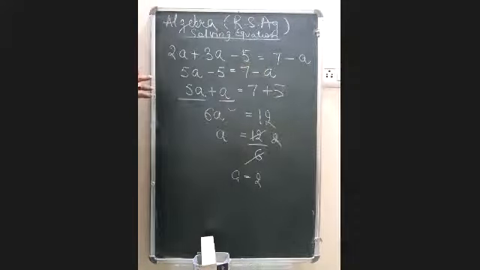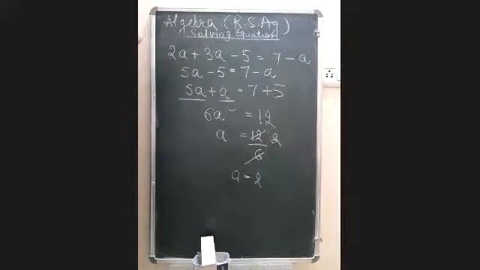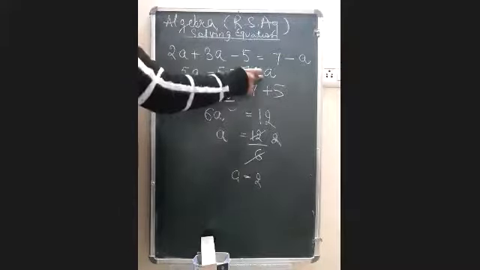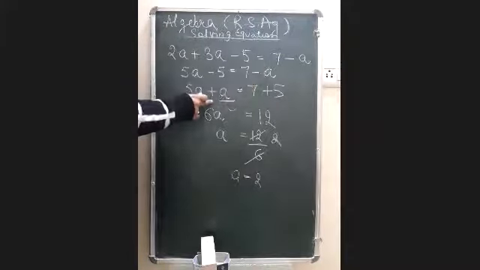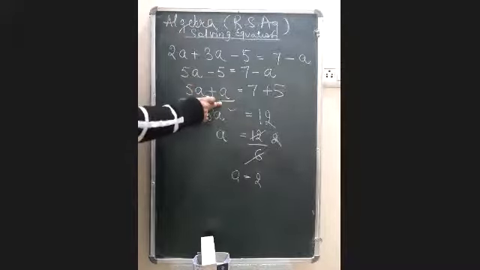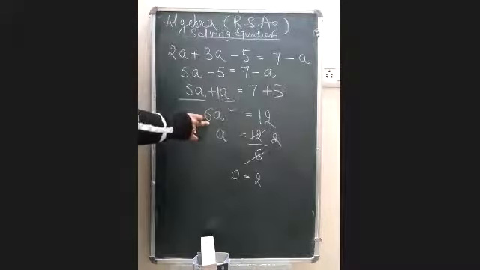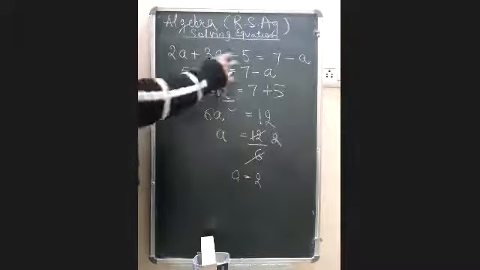ठीक है, now you are knowing this is 5a this side and -a that side. तो मैं इसको एक तरफ लेकर आई, तो एक तरफ लाने के लिए क्या किया मैंने, this was written minus a, जब ये इधर आएगा तो it would become plus a, तो 5a प्लस a, मतलब प्लस a का मतलब कितना होता है 1a, तो 5a and 1a मिलाकर टोटल कितना आ गया 6a, ठीक है।